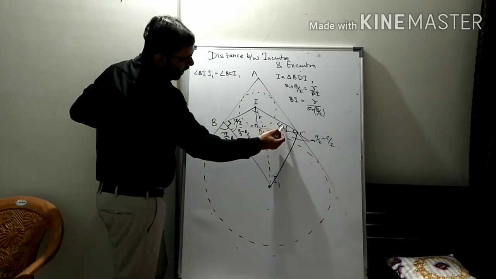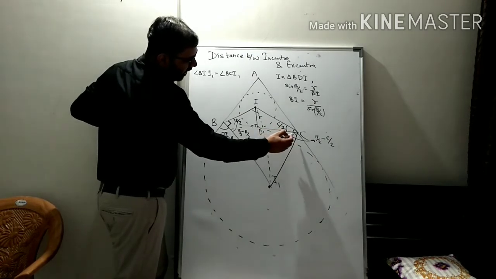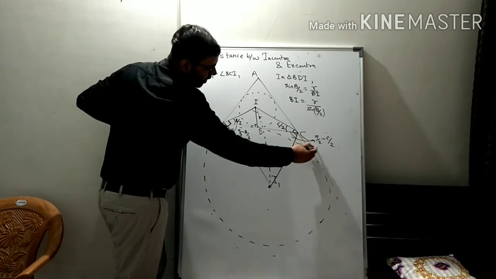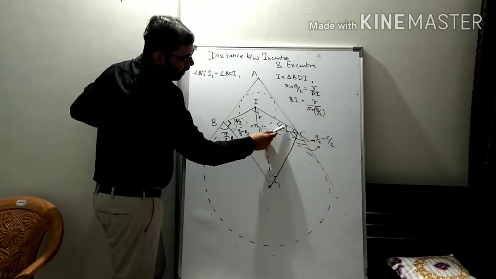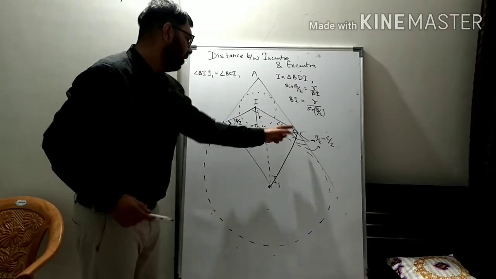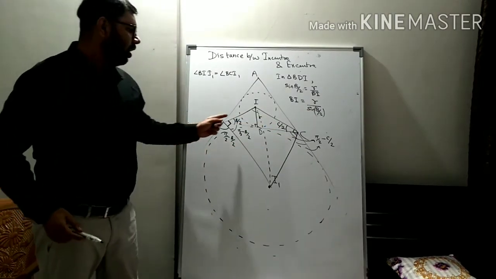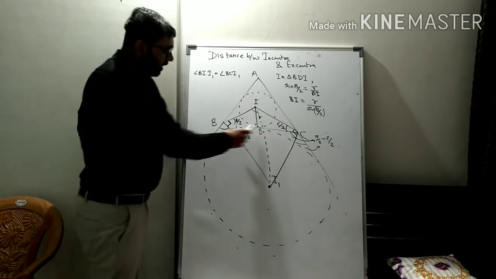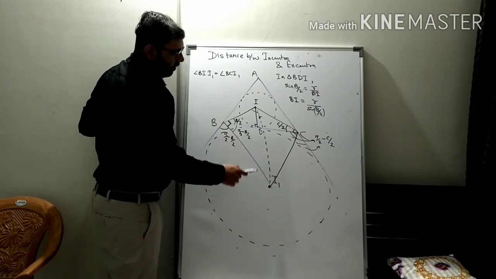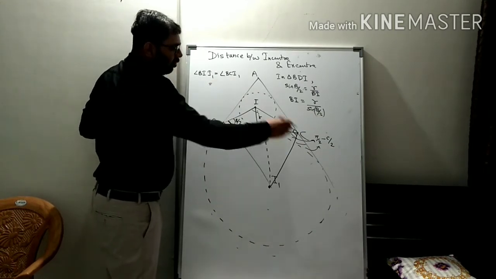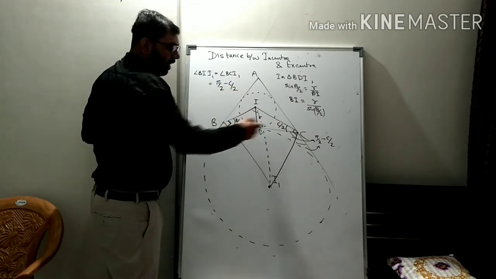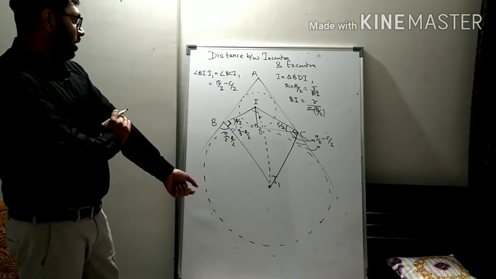Similarly, we can say these two angles are equal, so this will be C by 2 each, and these two angles are equal, so this angle and this angle both will be equal to pi by 2 minus C by 2. So if you add these two angles, it will be equal to pi by 2. Now opposite angles are supplementary, therefore this will become a cyclic quadrilateral. Cyclic quadrilateral means angles in the same arc are equal. So angle BCI1 will be equal to angle BII1, and angle BCI1 is equal to pi by 2 minus C by 2.